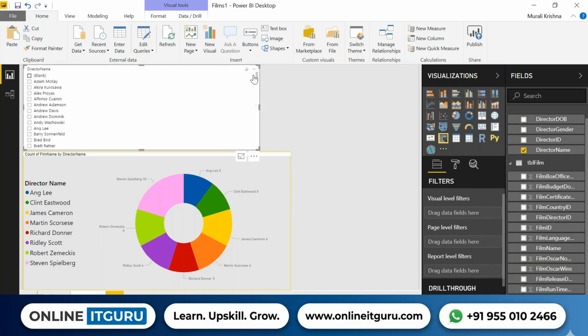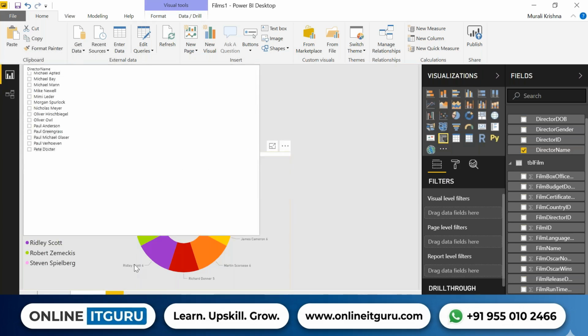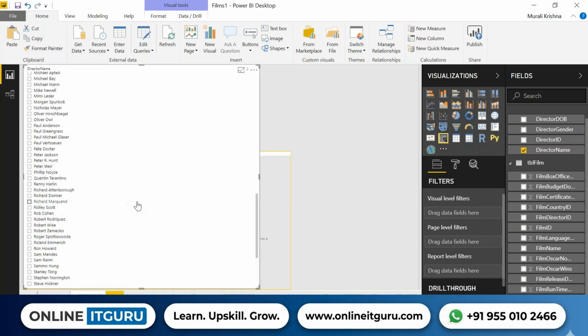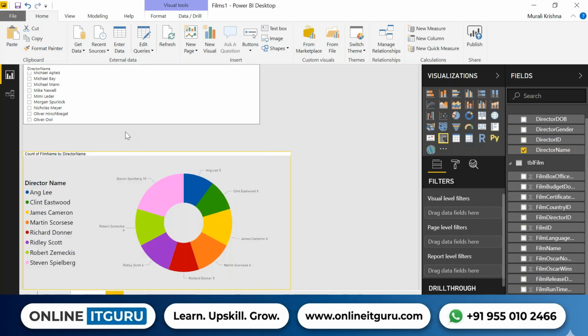These are selected here, and now you see in the filter, I have many director names. If I want to use it, I have to scroll down, or increase this page till the end of the page. I guess this is not the best way, because filters are where we can just select and see the actual data. But if you show the filter itself like actual data, it is not a good way of representation. So this is a default filter,